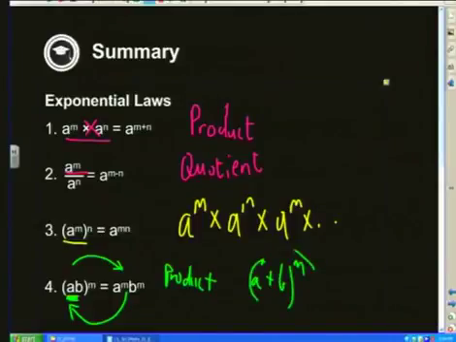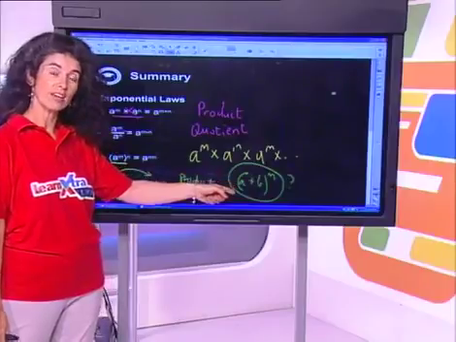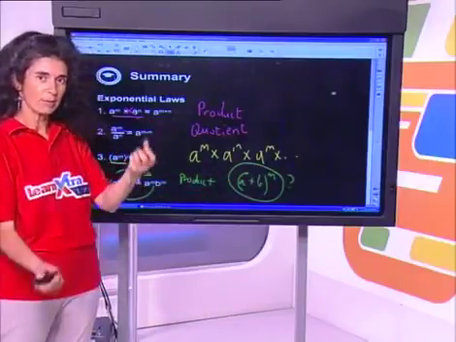What does that mean? And I feel that students don't engage with the language of what it is that we're trying to do. So here, we're multiplying a times b. We're not adding a and b. So if you were adding a and b raised to the m, what would you do differently? How does the law apply then? Does this law apply? Or is something else in operation there? So we are always aware, am I multiplying, am I